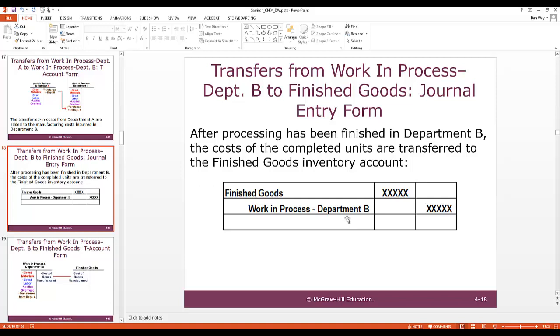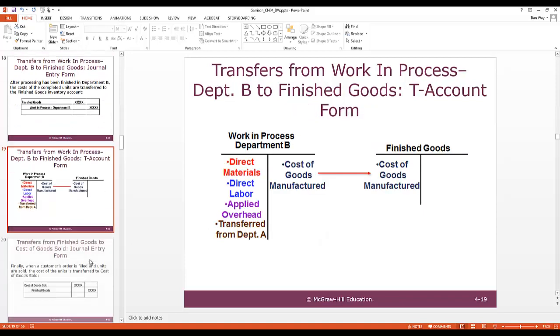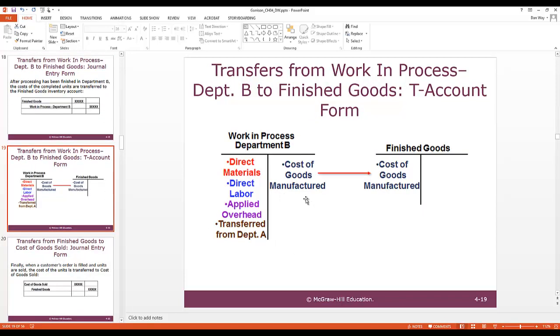So here in my furniture example, painting was kind of last for the furniture. So we may see a credit to work in process for Department B or painting for some amount, and then a debit to finished goods to represent the cost of those goods that are now completed and ready to be sold. And we'll see that in our T accounts one more time. Again, credit to work in process for that last department that touched the product, and a debit to finished goods